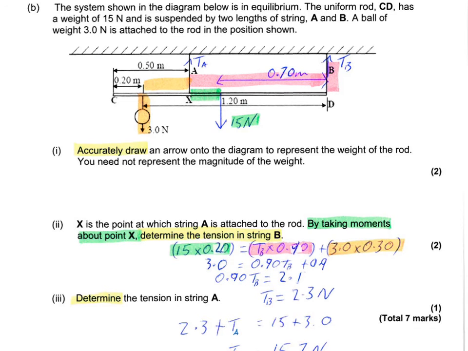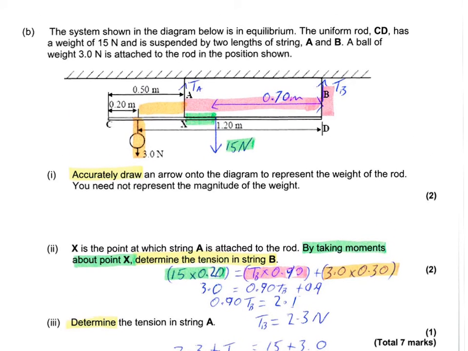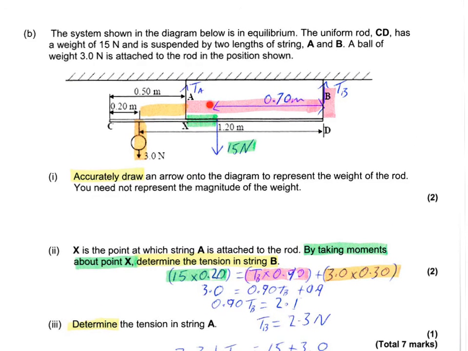We're then next asked to determine the tension in string A, so that's the force as I've labelled it, TA. Very straightforwardly here, when you're left with only one unknown force, you don't need to mess around with moments. Once you've only got one force you don't know, you can simply do the sum of the forces in each direction being the same. So I've got TA plus TB is 15 plus 3, so I've got